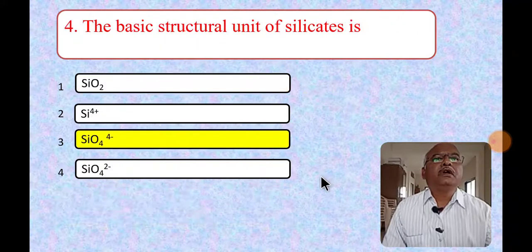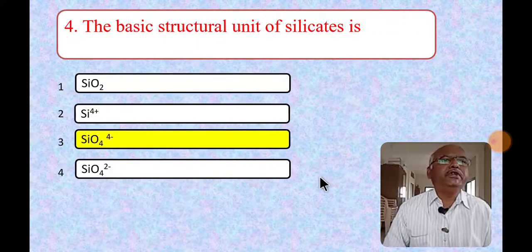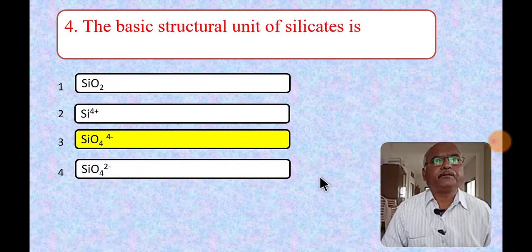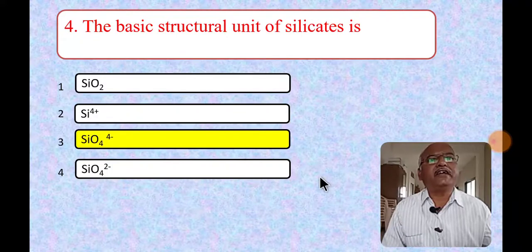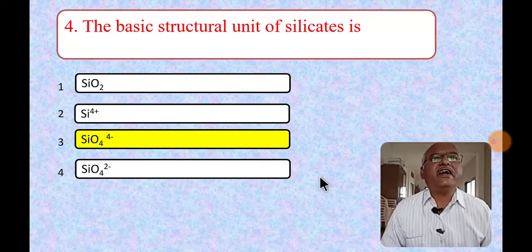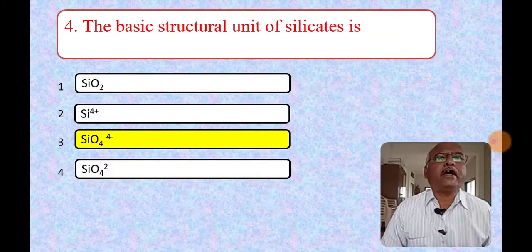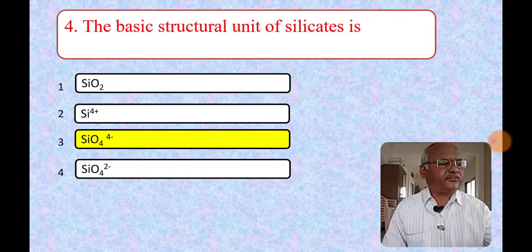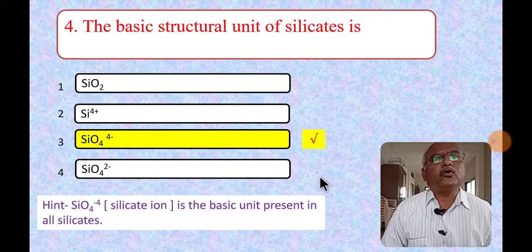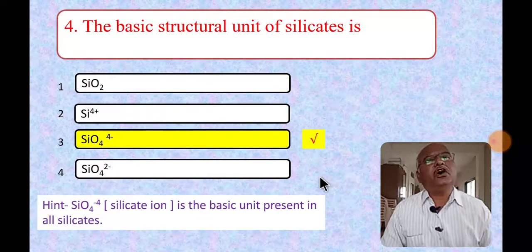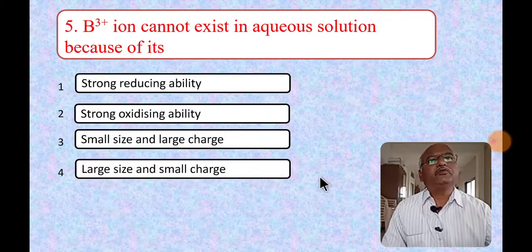Fourth question, the basic structural unit of silicates is. Here the answer is directly displayed. SiO4 4- ion is the basic unit present in all silicates. The hint is given. SiO4 4- ion, known as silicate ion, is the basic unit present in all silicates. Fifth question,